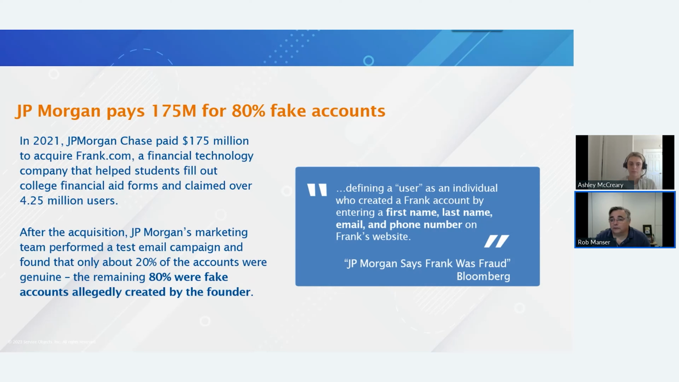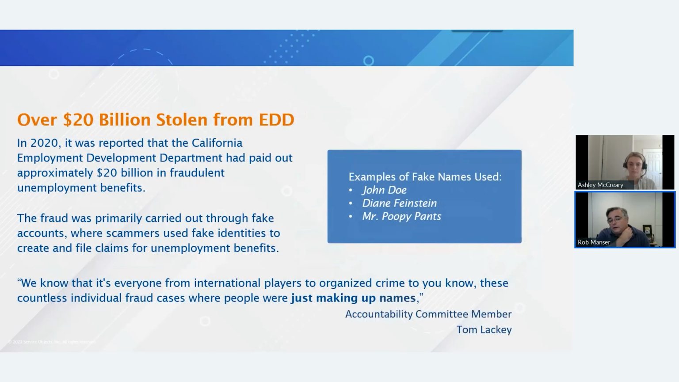So it'll be interesting to see play out, but it would have been very easy for us to detect those fake accounts. They were using first and last name, email, and phone. And those are definitely 3 data points that we can validate. The second one is during COVID, the California Employment Development Department paid over $20 billion in benefits to fake